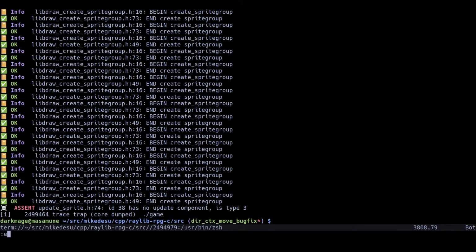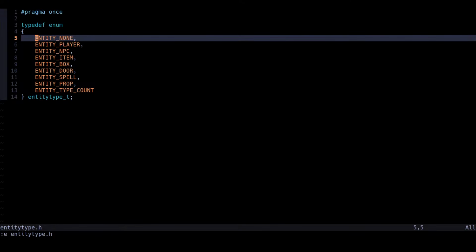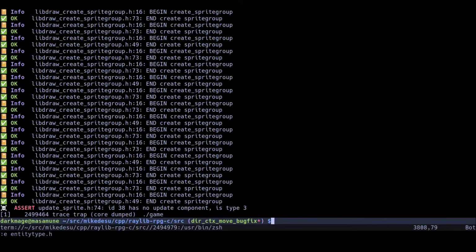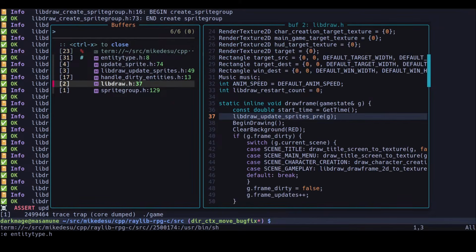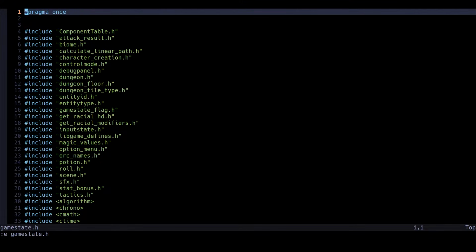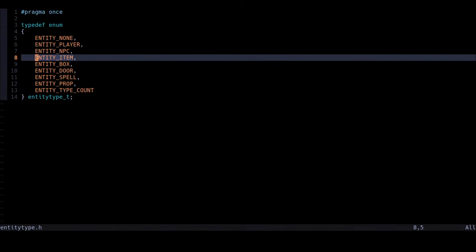Entity type 3. Item. Yeah, that makes sense. Kind of. But we can always add an update component. Although technically speaking,